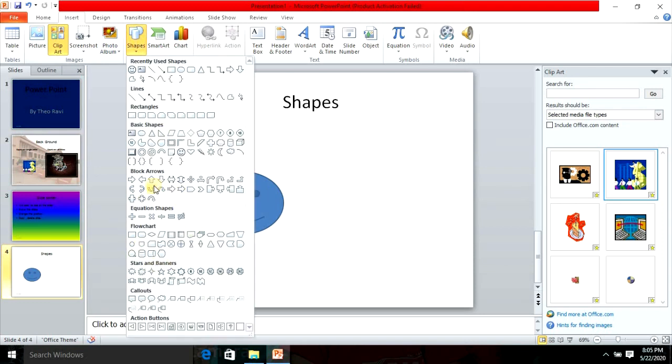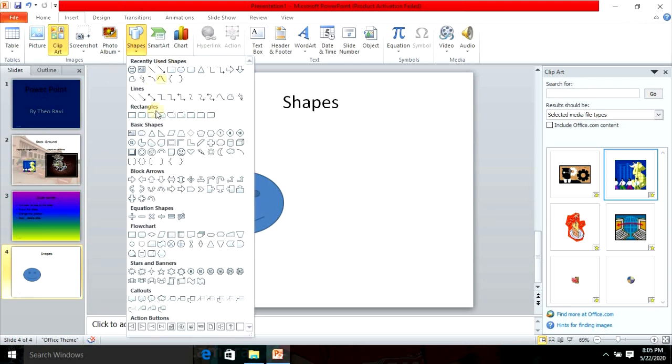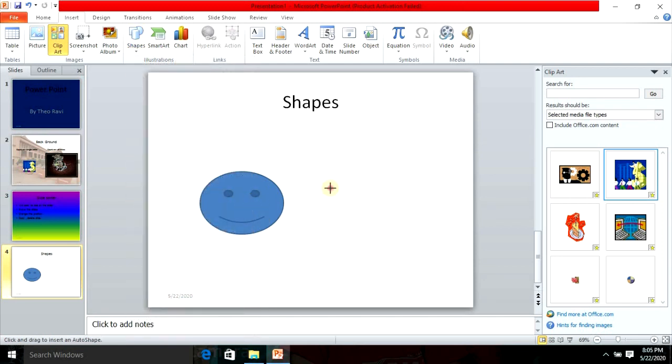Now insert again a shape. Let's see, an arrow. Insert shape and arrow. Where is that arrow? Yes, this is clear. You can resize it.